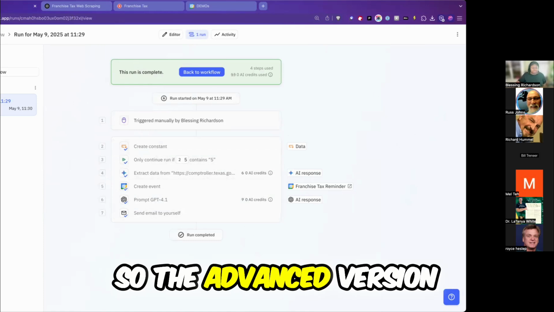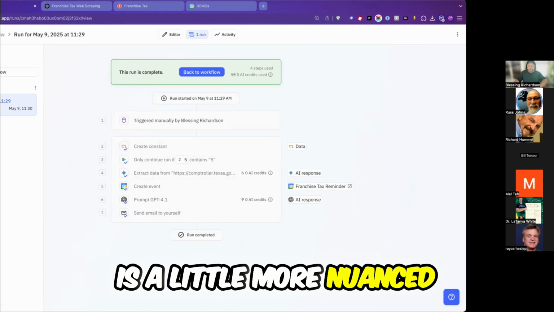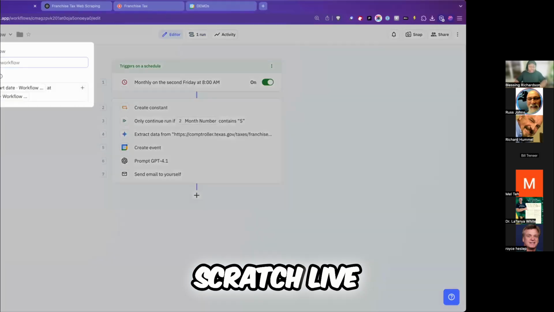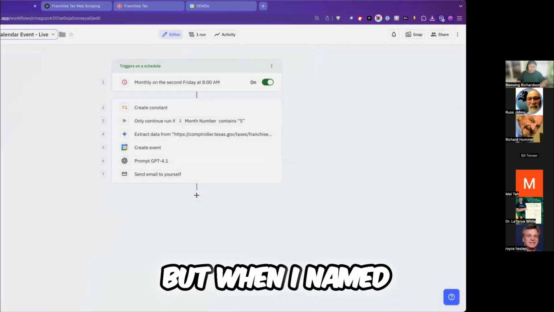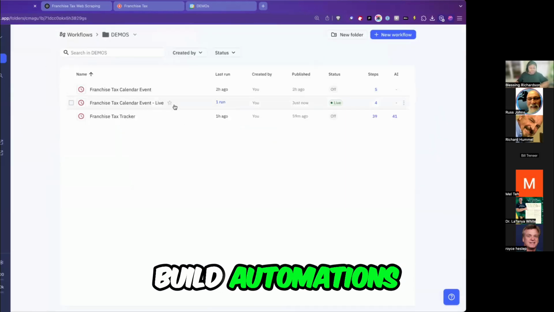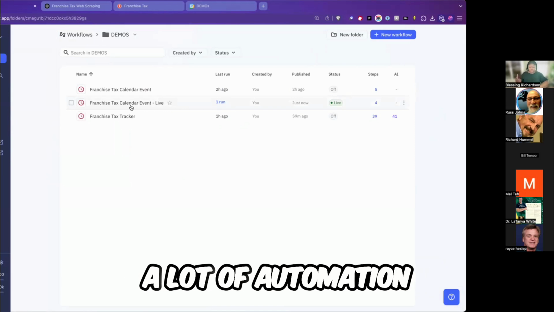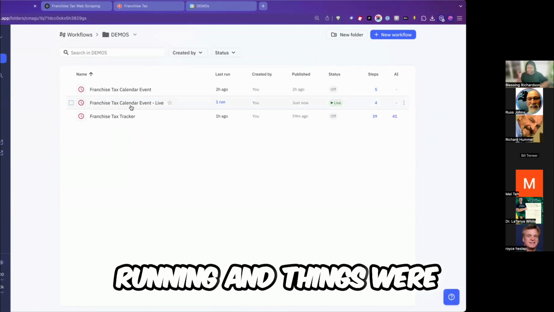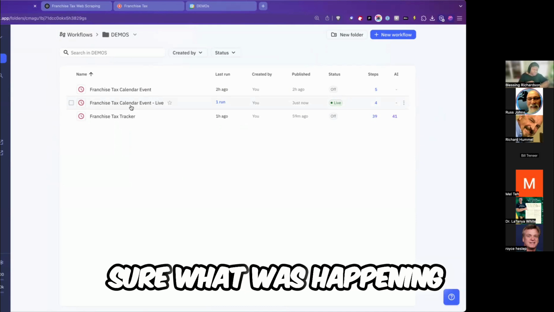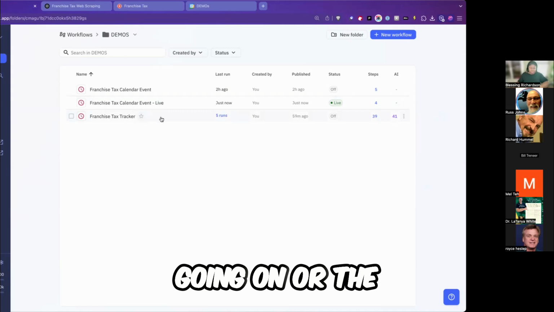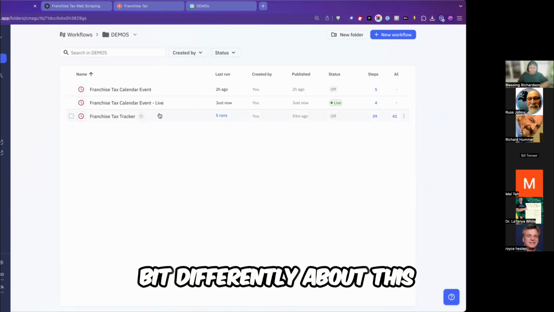Okay. So the advanced version is a little more nuanced. And so we're not going to build it from scratch live, but I'm going to name this workflow. I'm going to talk through it because when I build automations, as somebody who's built a lot of automations in my business, at some point I'd created a lot of technical debt. And that automations were running and things were going on, but I wasn't exactly sure what was happening all the time. And so tracking what's going on, or the need for tracking made me think a little bit differently about